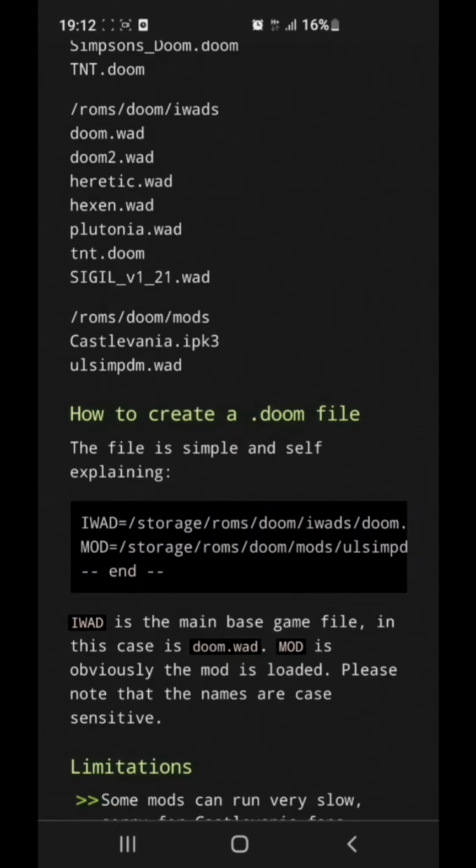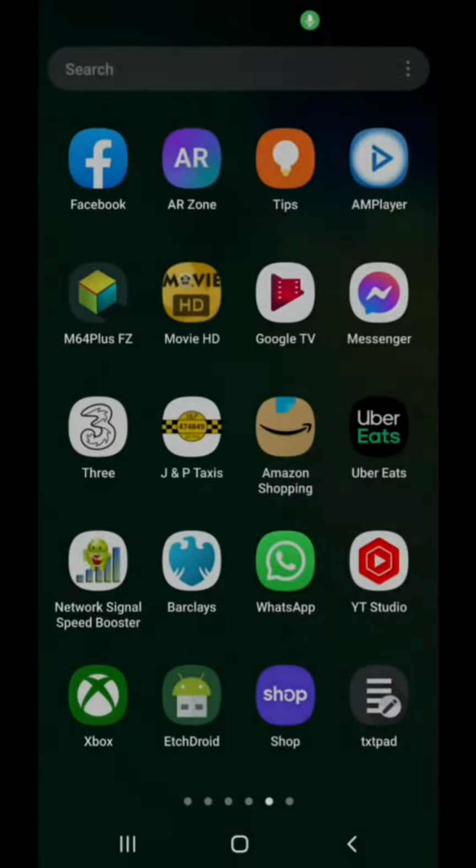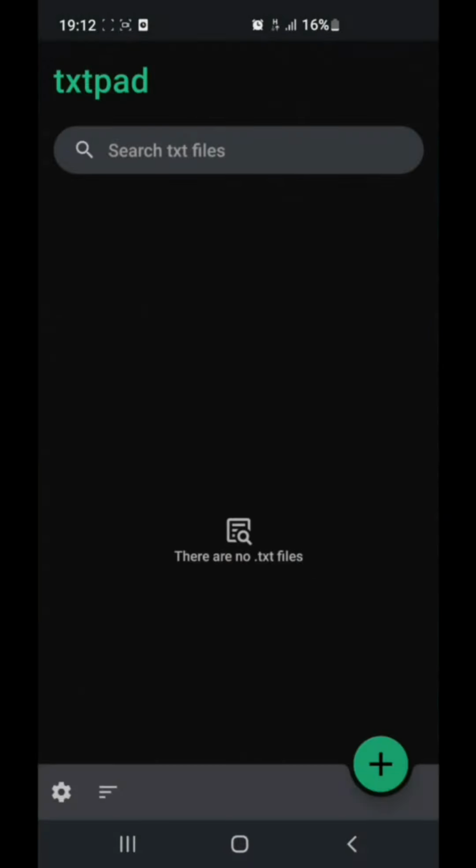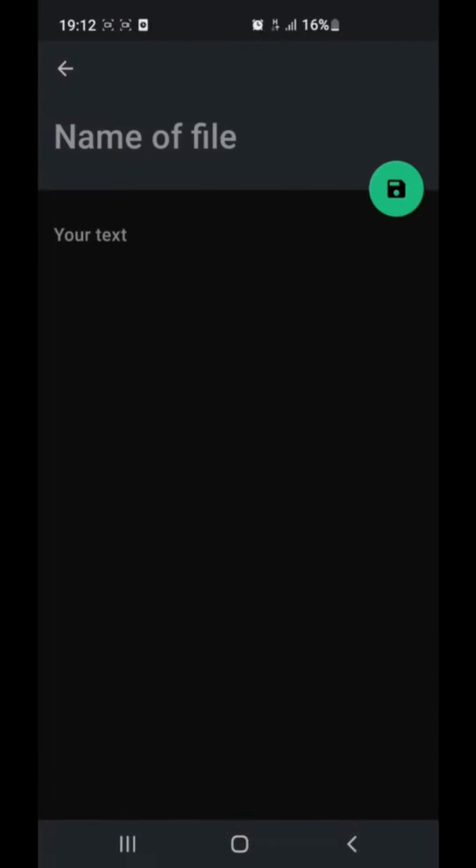And now what you're going to need to do is get an app that will create text files. Here's one I'm using. It's called TextPad or TXTPad. I was using the Office app that was already built into my phone to do this, but for some reason that wasn't working at all, so I almost gave up. But then I downloaded this, which is a free app. What we do is click on this, click on the pencil at the bottom,